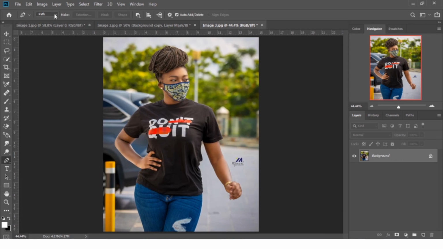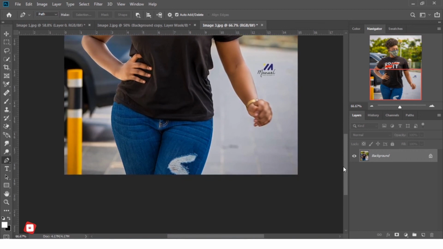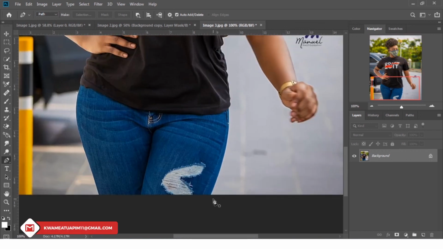If yours is changed from path to shape, make sure you change it from shape to path. And then let's deal with our beautiful girl over here. The pen tool is the easiest tool to work with. So let's hit on a node over here, and then go to some distance over here, and then